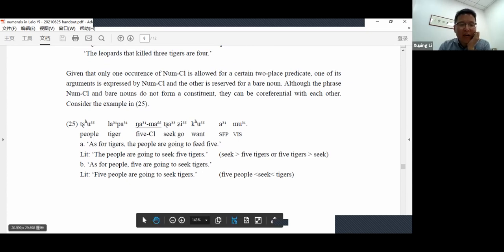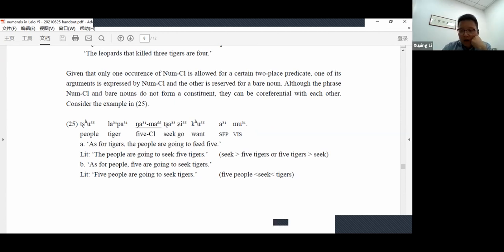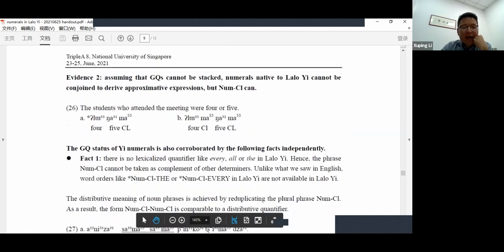And for the second interpretation, as for people, 5 people are seeking tigers. Here, the bare noun tigers can only have the narrow scope reading. Okay, all right. And also the second evidence in support of the GQ status